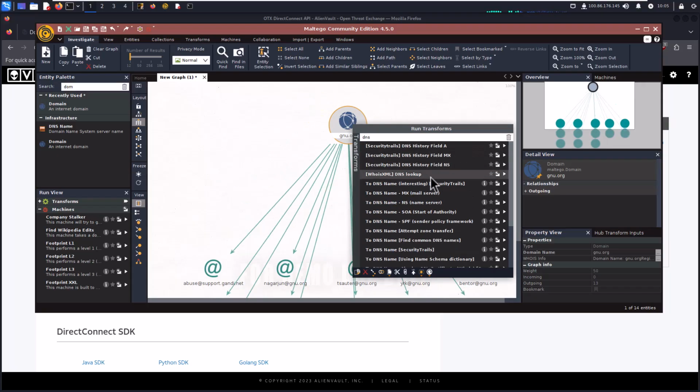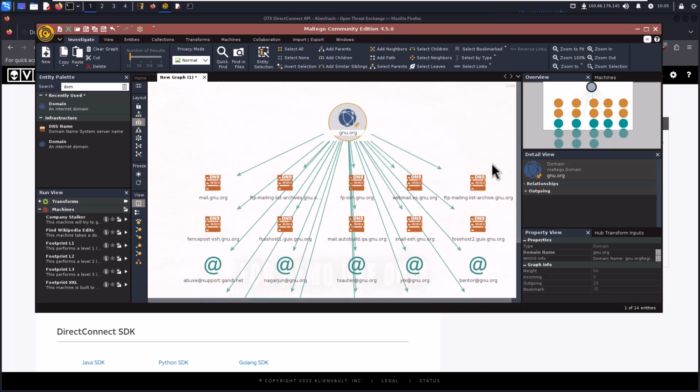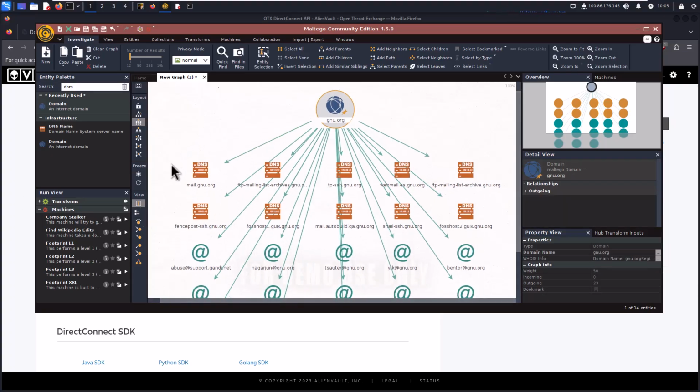For this example, we're going to be using this transformer, "to DNS interesting" from SecurityTrails. And we can see the graph populated with the subdomains that it's going to discover. Great, we can see the subdomains. Now, Maltego is able to take things even farther. We can select all of our new entities,